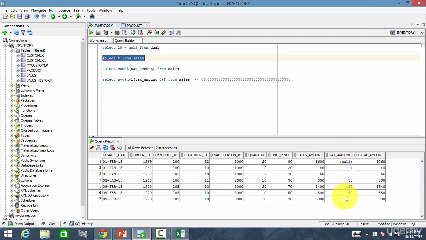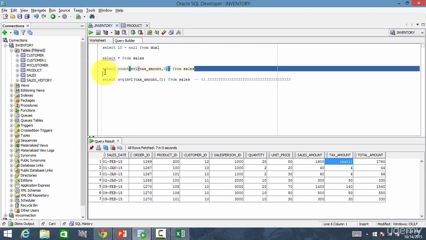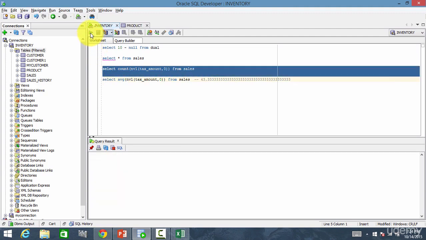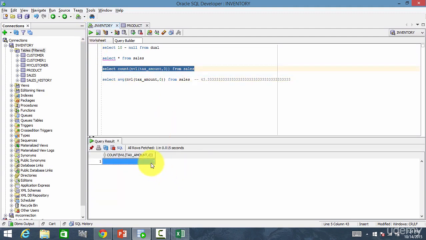Again, the answer is it ignores the null value. So what's the solution? Using the NVL. NVL of column name and 0, and run this. Now you see the output is 7.